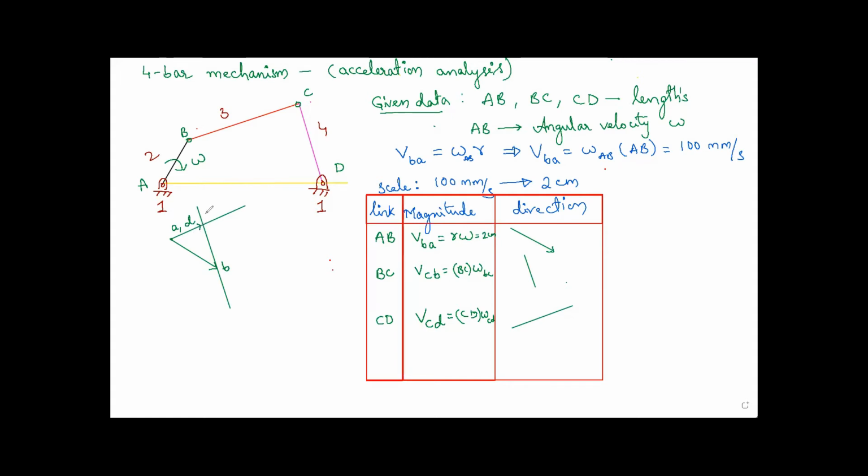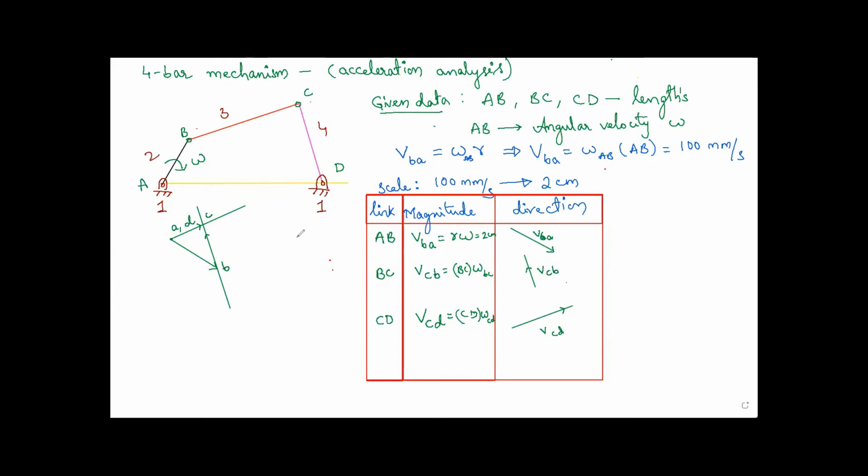So the meaning of this is velocity of C with respect to D. This point is that. And here I have a choice. Here I have already decided the arrow this way. This is velocity of C with respect to D, and this is velocity of B with respect to A. And finally, here I have a choice. I can draw an arrow downwards, which says that it is velocity of B with respect to C, or I can draw an arrow upwards, which says that it is velocity of C with respect to B. I'll plan this one. So the meaning of this arrow is velocity of C with respect to B. This completes the velocity diagram.